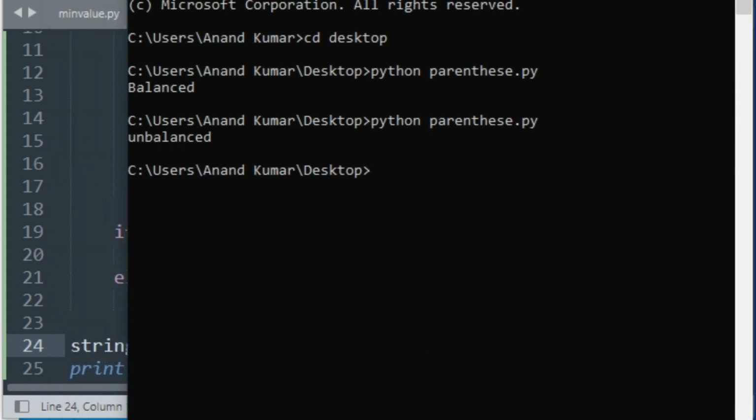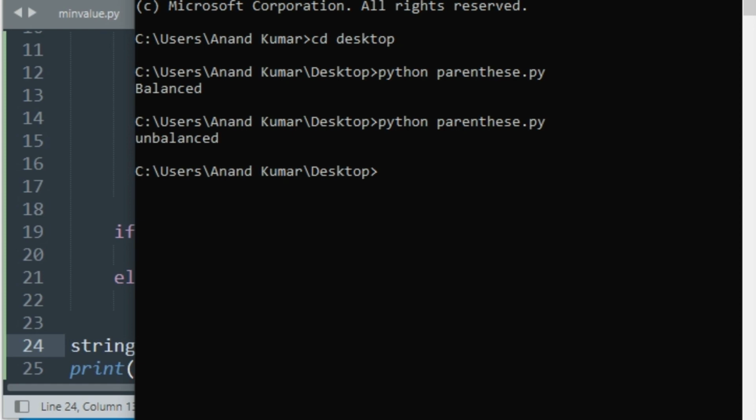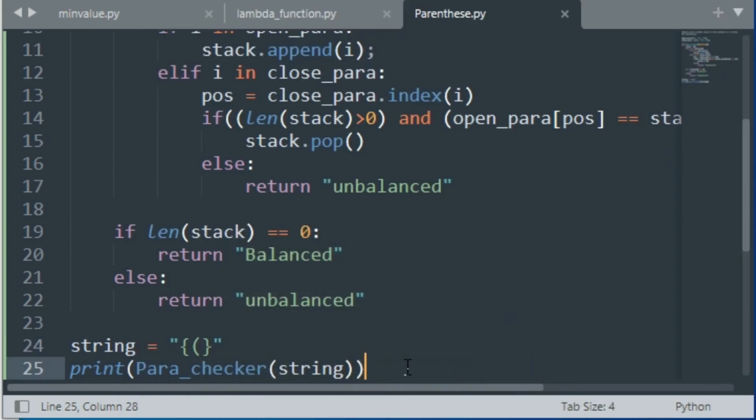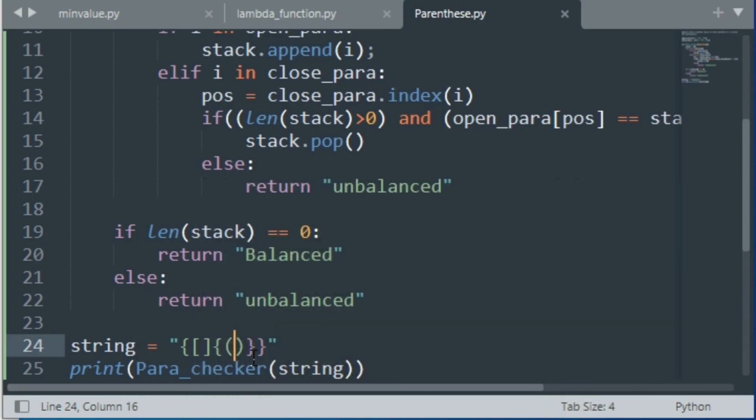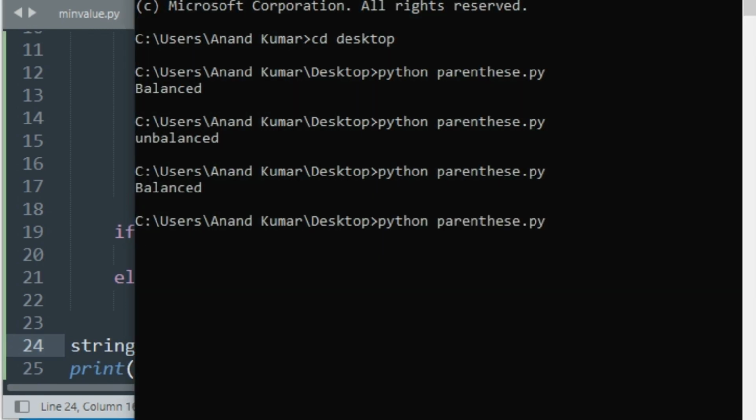And as you can see, it is showing unbalanced. Let's make it more complicated. Fine. And this and this, and let's see what it says. Balanced. Yeah, fine. Let's remove one of the parentheses here. Now as you can see, it is showing unbalanced.